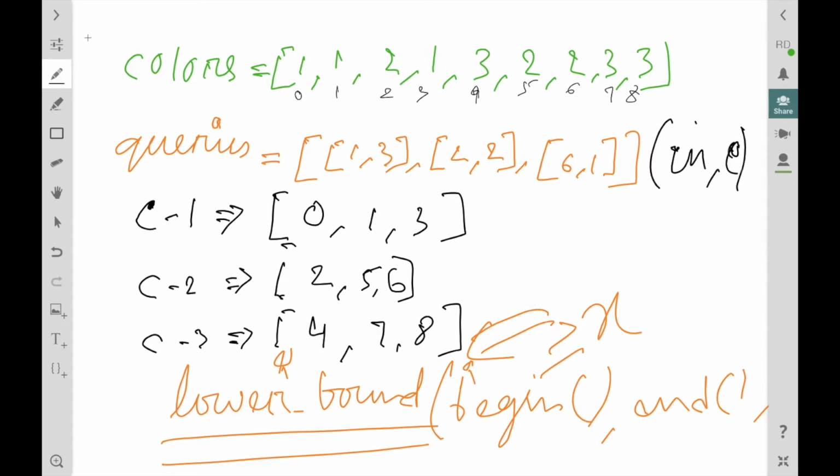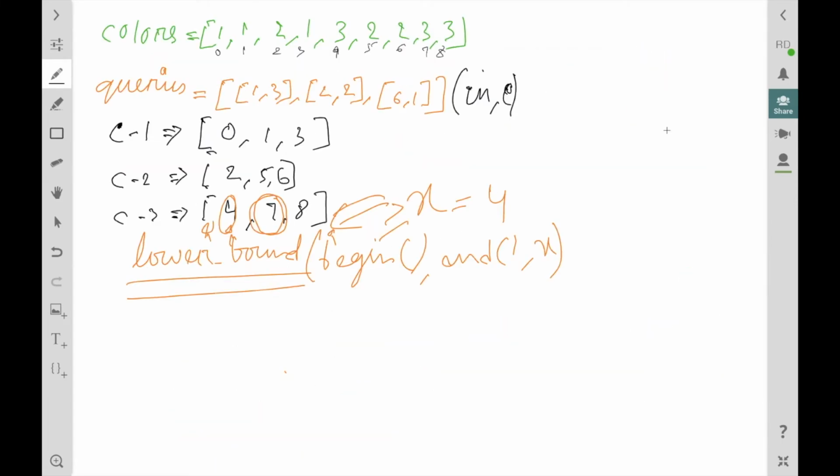So let's say x is equal to 5, it will give us the iterator pointing to 7. And let's say x was 4, then it will simply give us the iterator to 4.